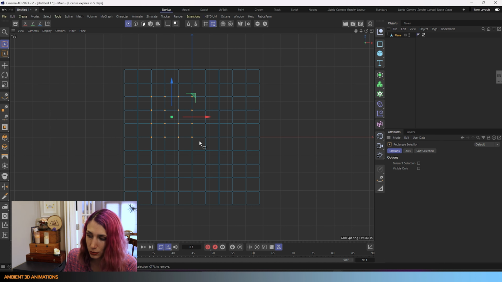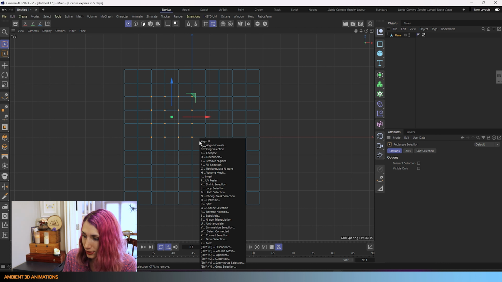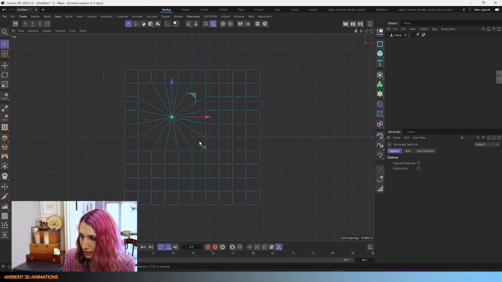Now we'll use the U drop-down menu this time, and you can see Collapse is under C. So if we use the hotkey UC, then we can collapse this area here. So I'll do that. And what it does is it takes all those points we had selected earlier and it pulls them all in to one point in the center and welds them together. And this is what it looks like when you do that.